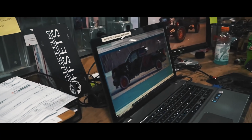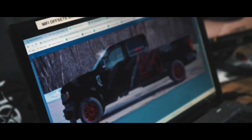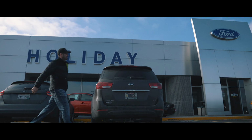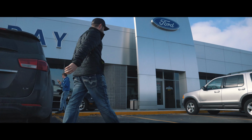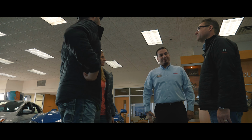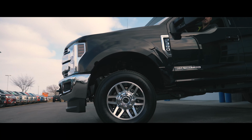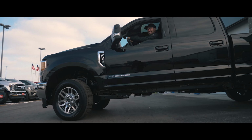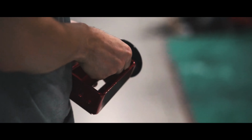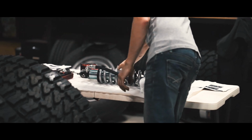And then Sean found that the new Super Duties, he really loved how square they are, and said I could basically build whatever I wanted to build as long as it's a brand new Super Duty. So we went down, talked to our friends at Holiday, spec'd out a truck, we ordered it, it got built, sent to us, and then I promptly ripped it apart. Called up BDS, and we were very close with them,